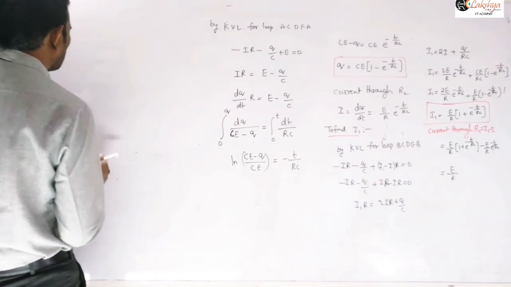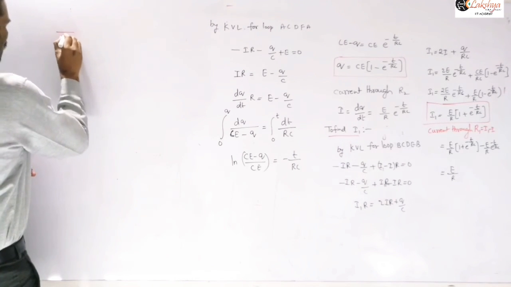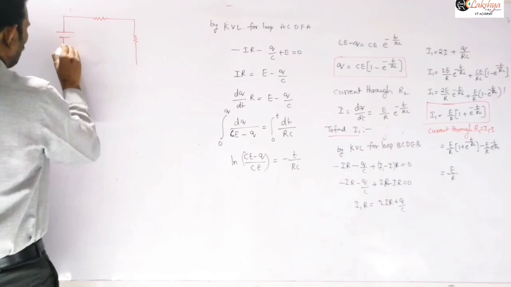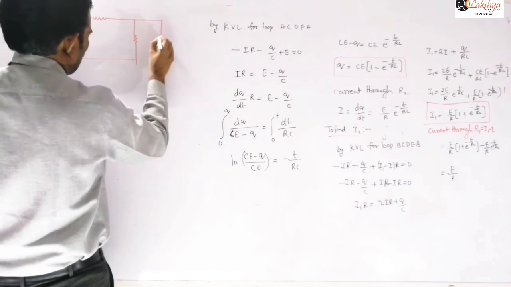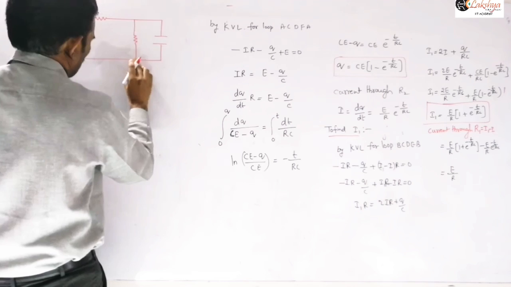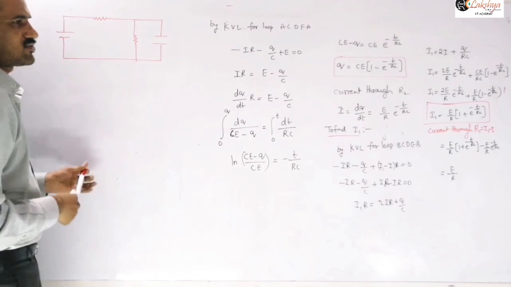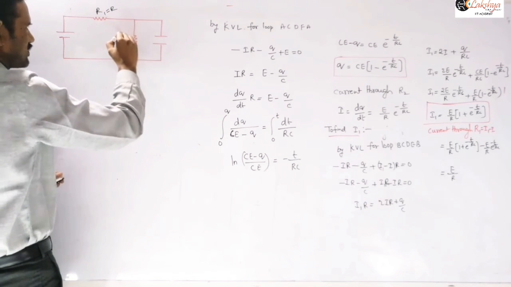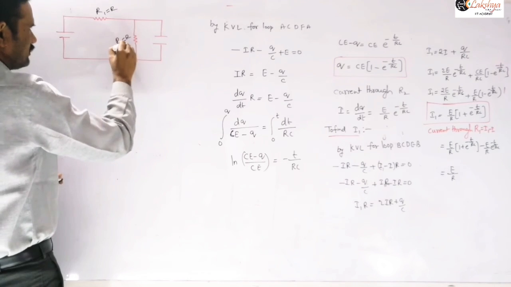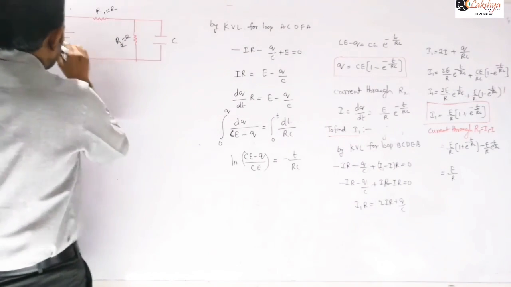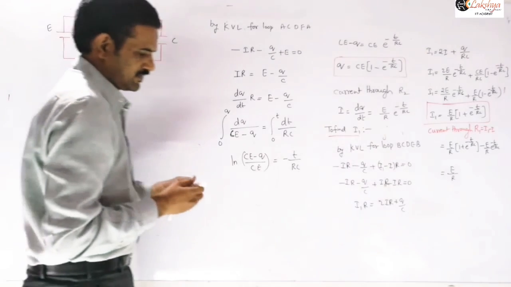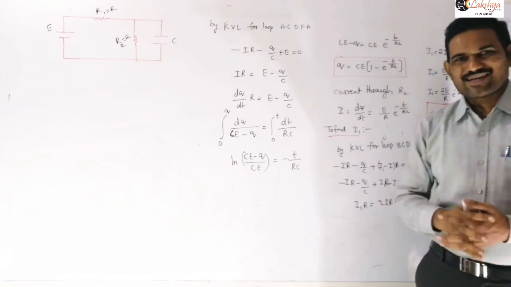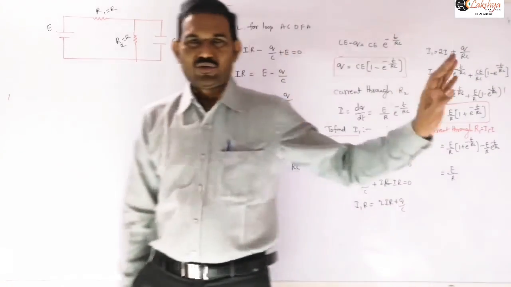So suppose I am taking another circuit like this now. Suppose the resistance is given like this. Just I am changing the circuit like this. So just these resistors were given like this. This is R1, let us take R, and let us take this as R2, which is R. And this is the capacitance and this is the EMF of this cell, E. Then we need to find the charge on the capacitor at any instant, without applying all these calculations here.